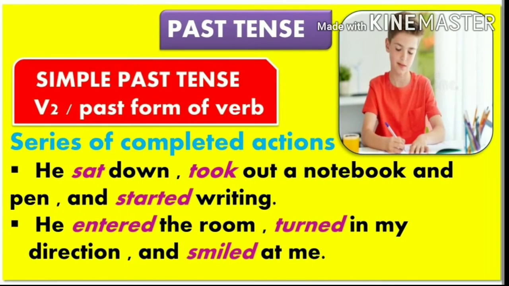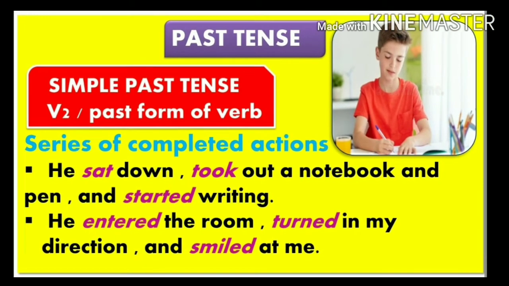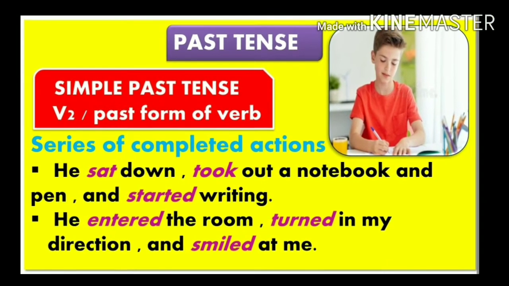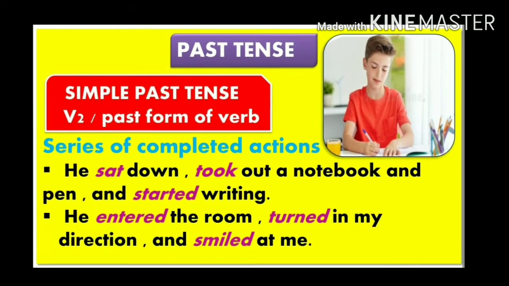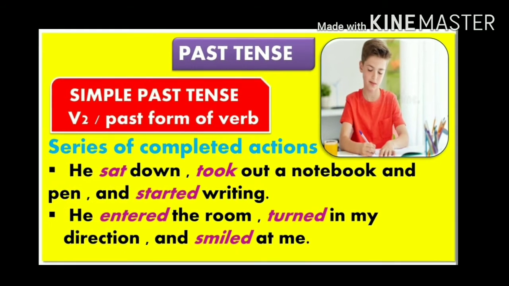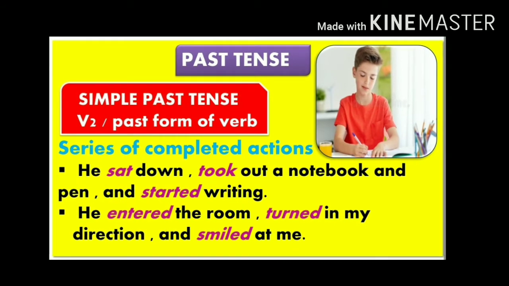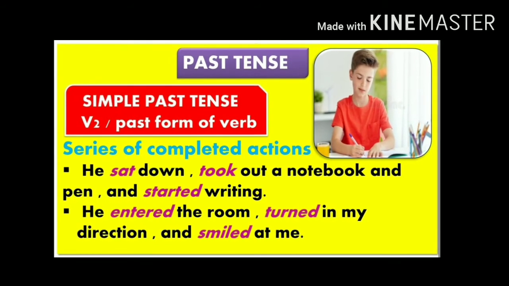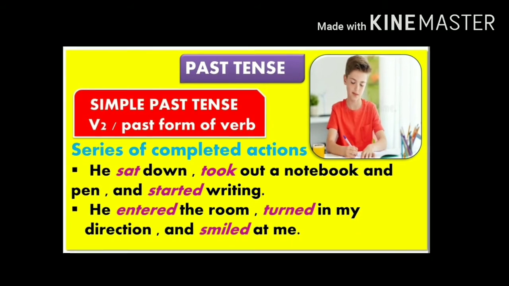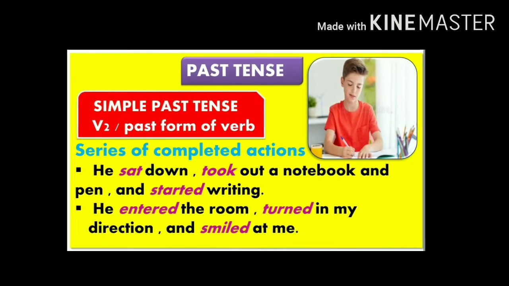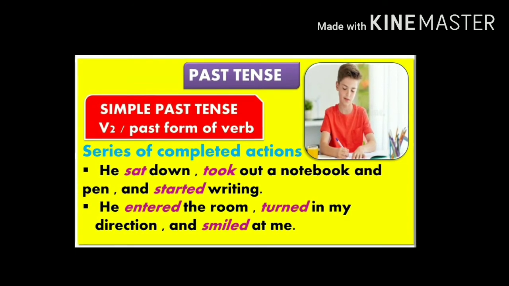Next we are going to see about past tense. A tense expressing an action that has happened or a state that previously existed. That is called past tense. Now we see simple past tense. The simple past tense shows that you are talking about something that has already happened. It emphasizes that the action is finished.